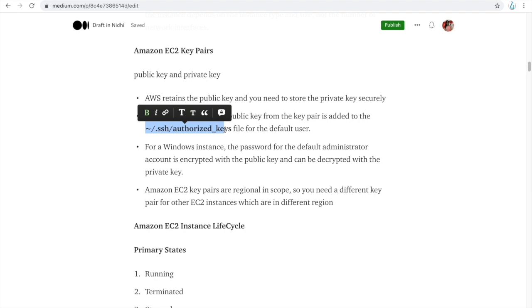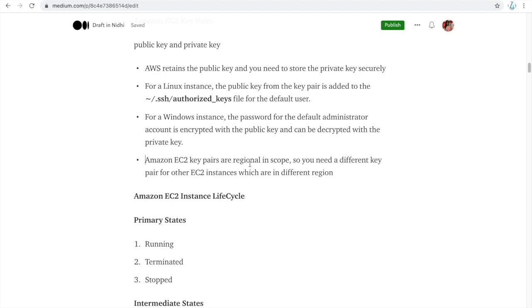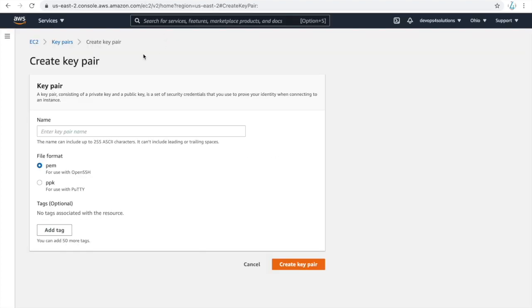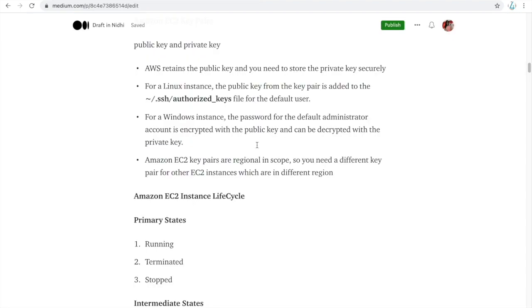Because for the first time, there should be something so that you can access it, right? For a Windows instance, the password for the default administrator account is encrypted with the public key and can be decrypted with the private key. And EC2 key pairs are regional in scope. What does that mean? When I am creating this key pair, you can see that it is specific to a region. So your key pair will not work for instances which are in a different region.